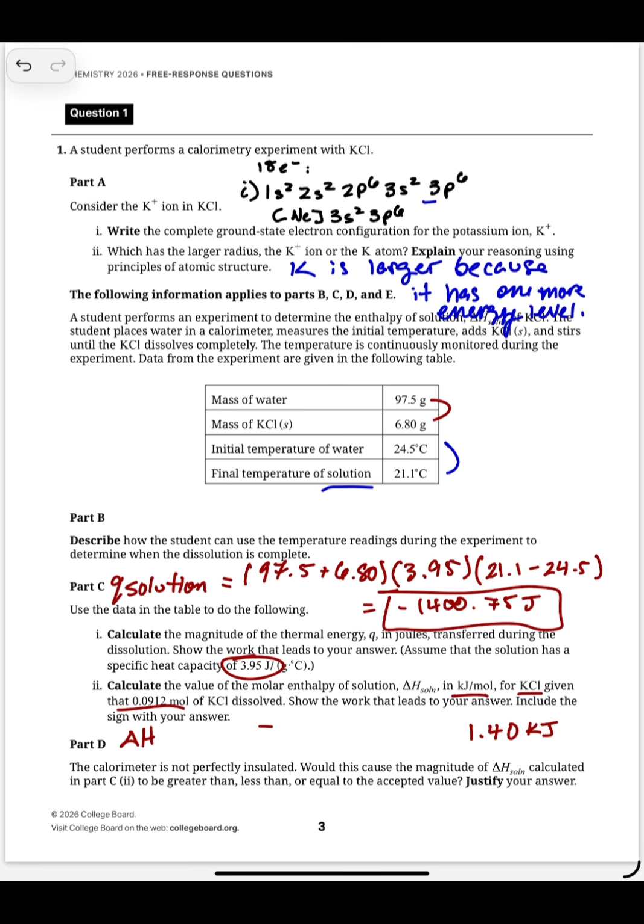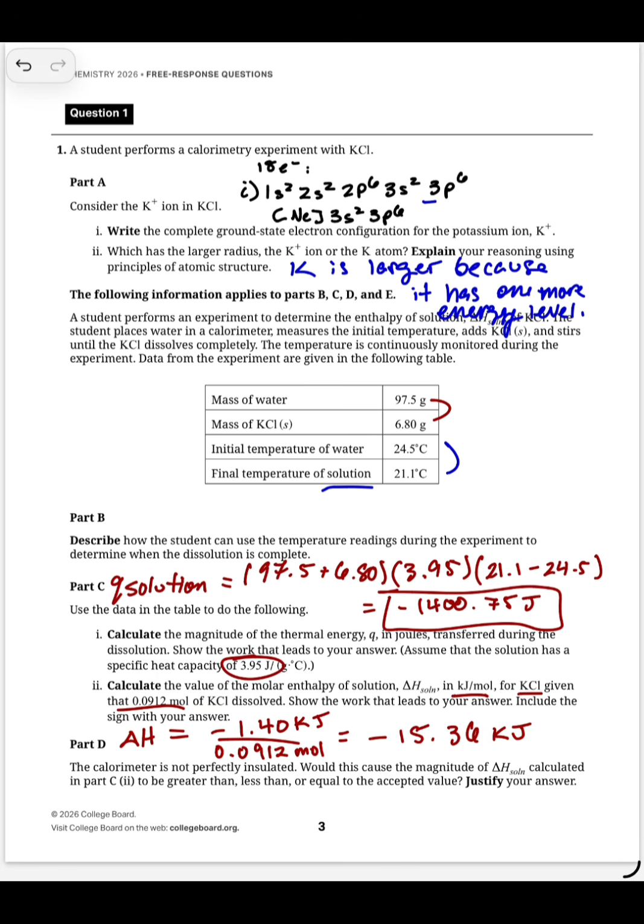because delta H is equal to energy, or Q, divided by moles, which would be n. And this is still negative. Don't forget that it's negative. So we have negative 1.40 kilojoules divided by the mole amount given in the prompt, which is 0.0912 moles. And then we end up getting a number, which is going to be negative